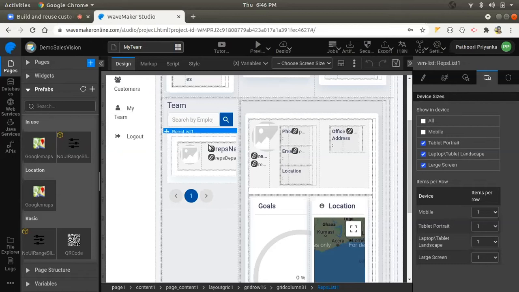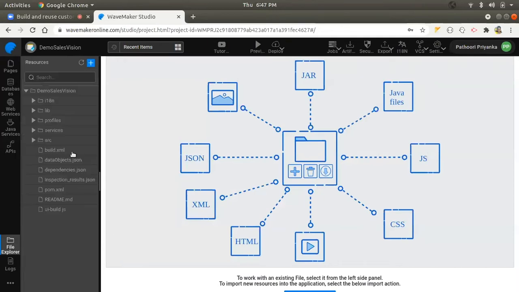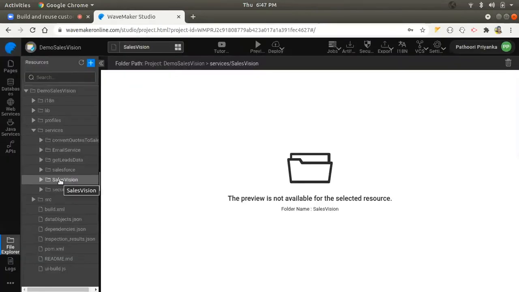So this is all about our use cases. Now let's continue with other features in Waymaker. Now let's see how the code is generated. You can view it from the Files Explorer. Waymaker applications are standard Maven compliant projects. We will now see how class files are generated for the services. For example, this is the database that I have in my application. Let's see the files for it.